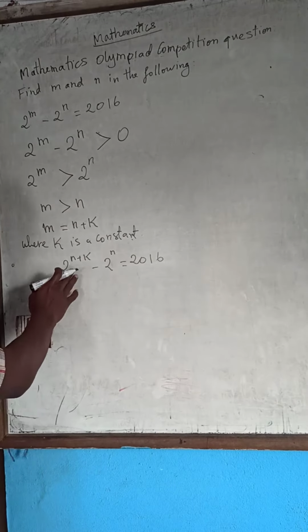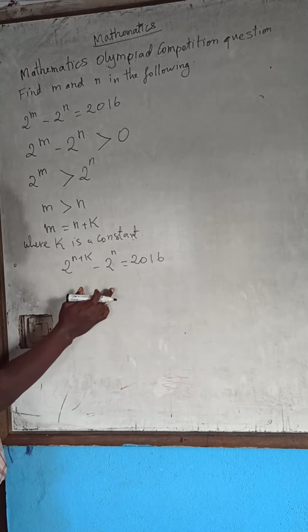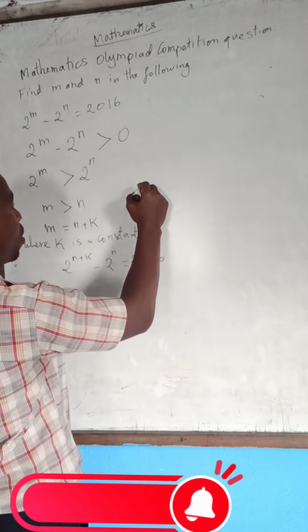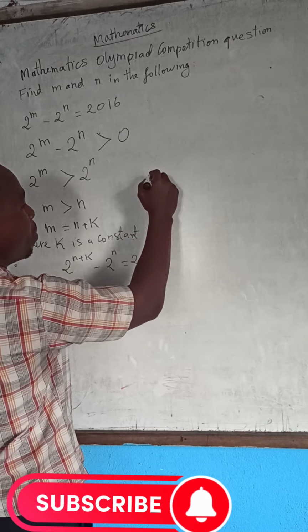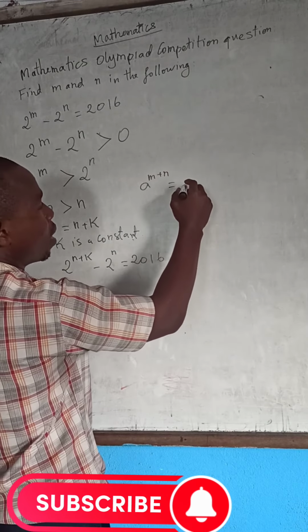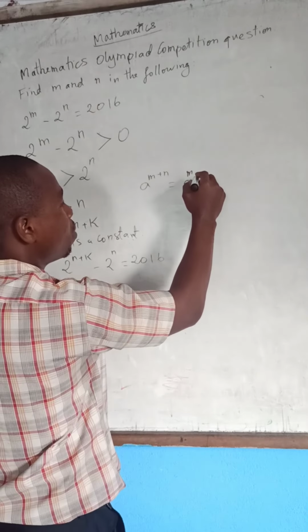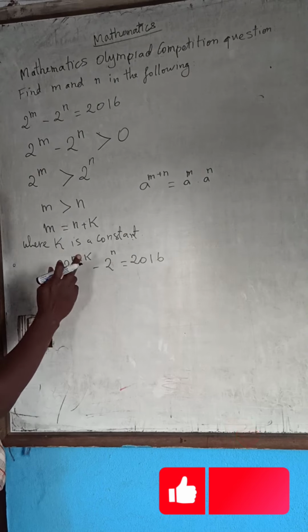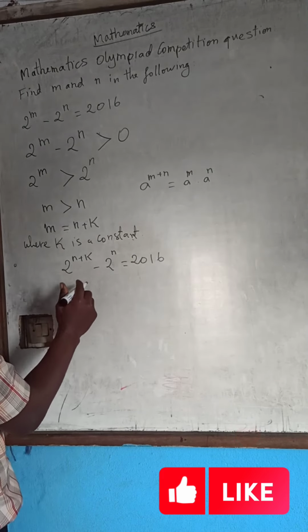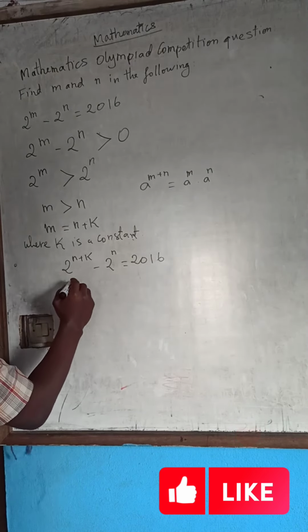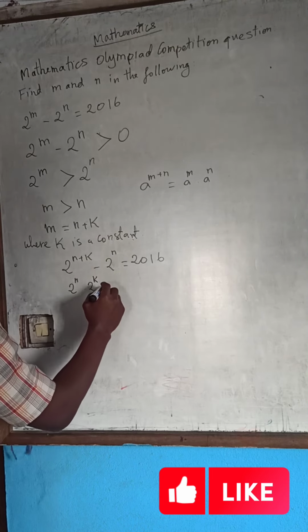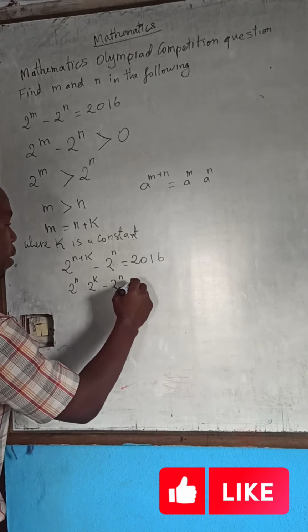2016. So from there, in the law of indices, we have been taught that a raised to the power m plus n is the same thing as a raised to the power m multiplied by a raised to the power n, the addition law of indices. We are going to apply the same law in this place. So this one will give us 2 raised to the power n multiplied by 2 raised to the power k minus 2 raised to the power n is equal to